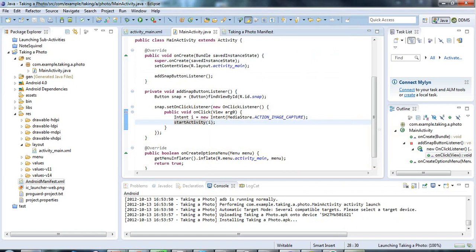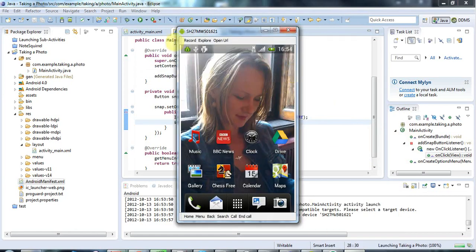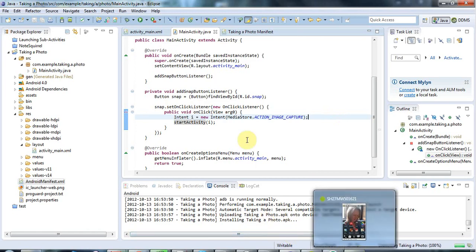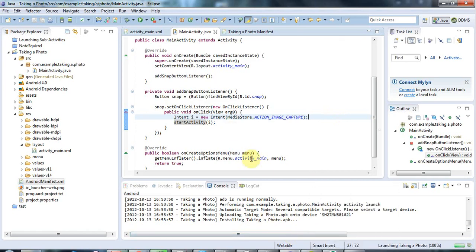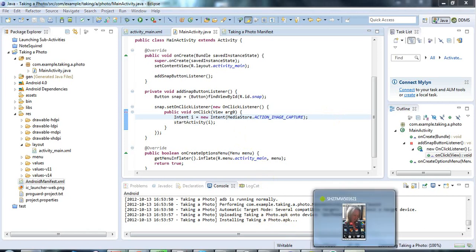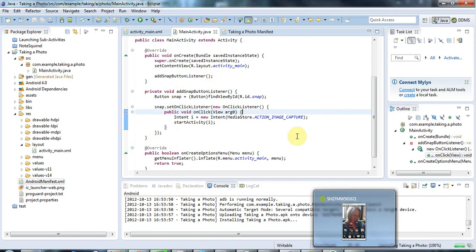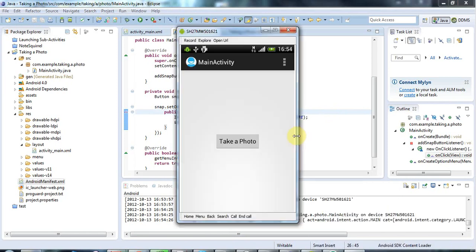So there's my phone running in the screencast, and I'm going to launch my activity, so it's installing it, and in just a second hopefully we will see the application running. So here's the application, and now I'm taking hold of my phone in the real world, and I'm clicking take a photo,